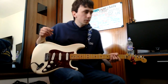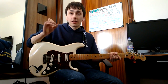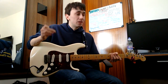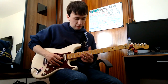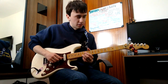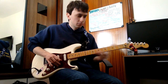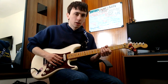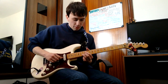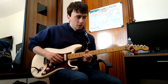Cool. So moving on to the last lick we've got here. Again, it is another lick that has an end on the offbeat between 3 and 4. I'll play the lick to start with, just so you can get an idea for how it sounds. So we're starting off with a bend on 13 of the B string, so the C note, bending up a